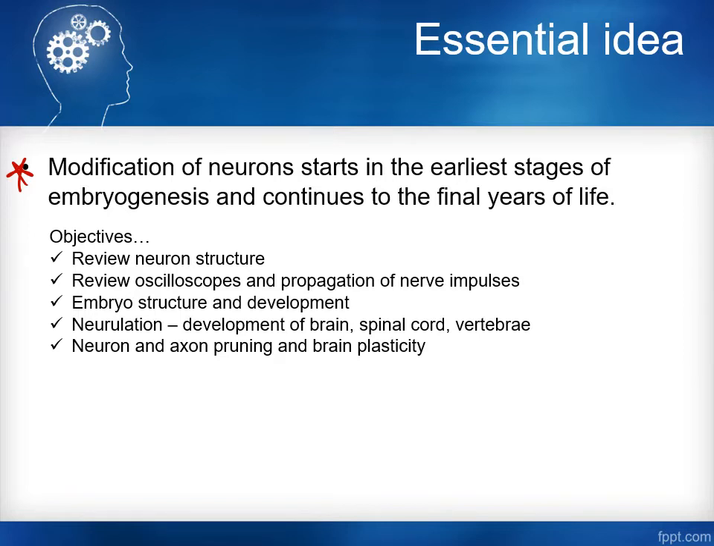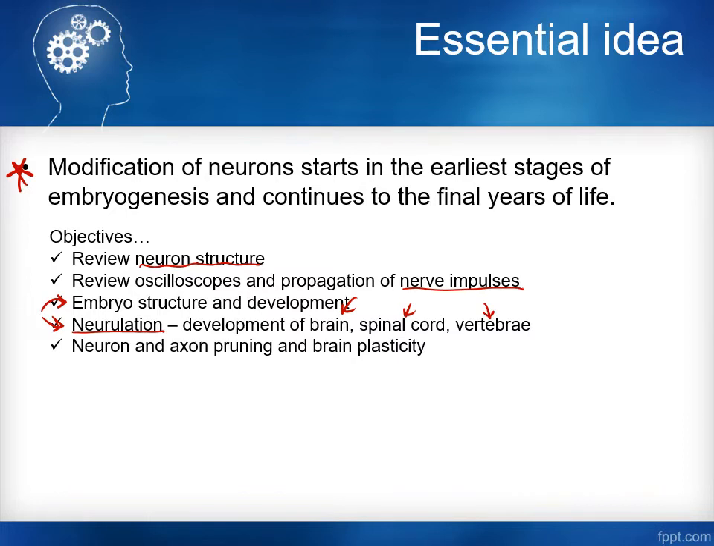So some of our details, we're going to review neuron structure. We're going to talk about nerve impulses, our resting potential, depolarization, repolarization, hyperpolarization. We're then going to switch over to embryogenesis, embryo structure, embryo development, and how neurons develop in those embryos, and that process is called neurulation. We're going to look at brain, spinal cord, and then vertebrae,